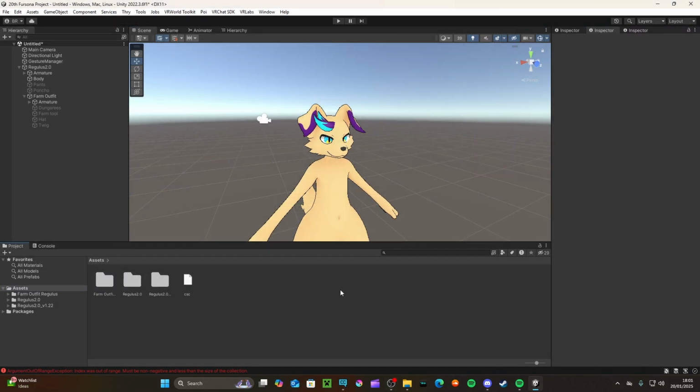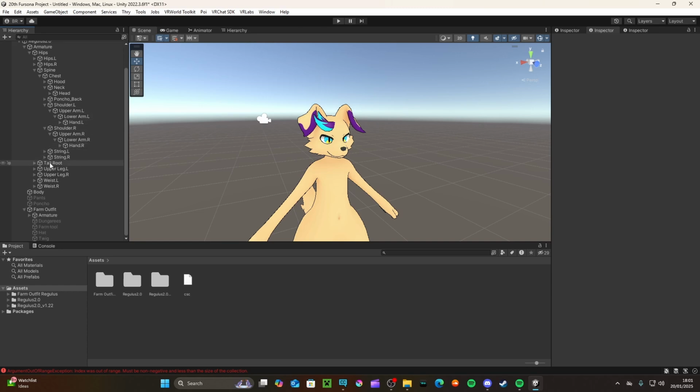Okay, to start doing a manual linkage, the first thing I'm going to be doing is clicking on these arrows to sort of open some things. There are some that you don't need to click on, such as those, but just follow the ones I click on here. We're going to go like neck, head, but we're going to keep that one closed, shoulders, upper arm, and then lower arm towards the hand. I'm just going to do these ones and leave those as is. I'm going to do this one as well. Like so,